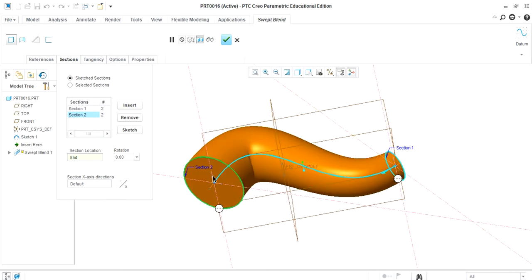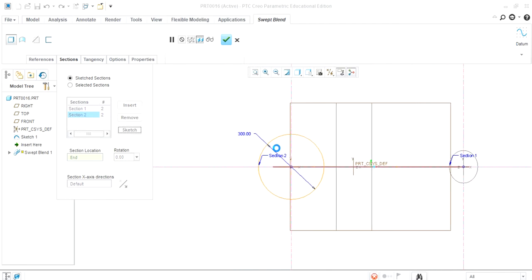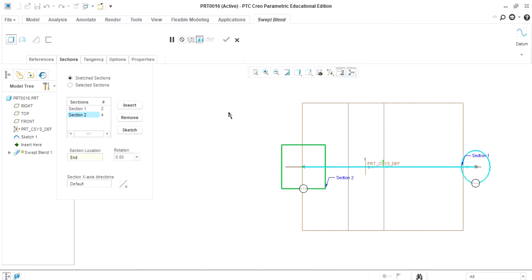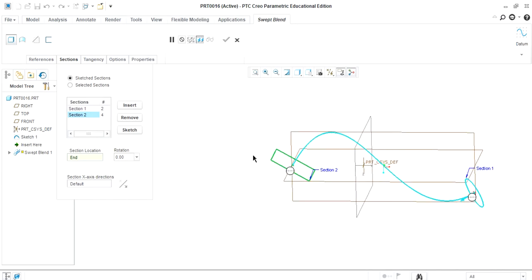So these are the same cross sections. Then what about two different cross sections? For that case, we will modify the second section as a square. Second section, go to the sketch. We will modify it to a rectangle. Here I have taken the center rectangle command, dimension 200 by 200. Click on OK. Here you can see there is no blending option available to us.